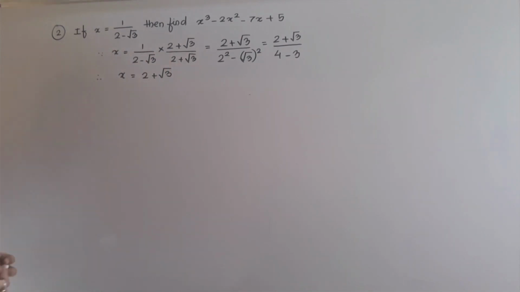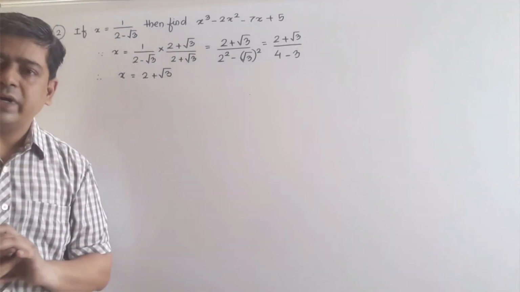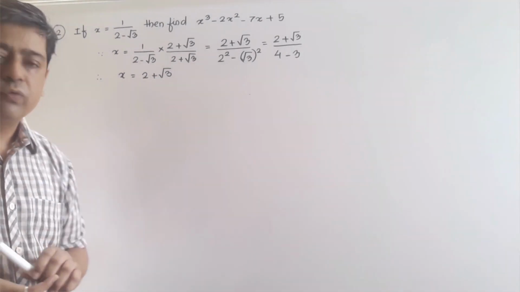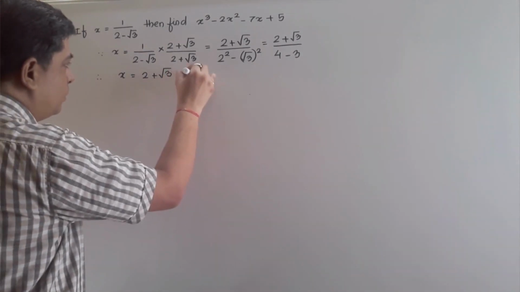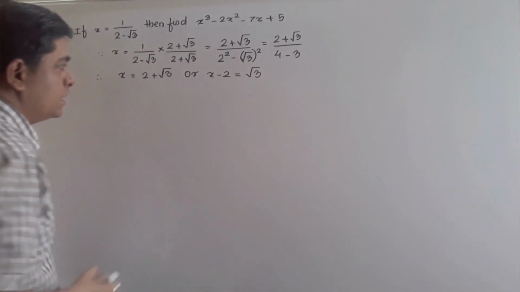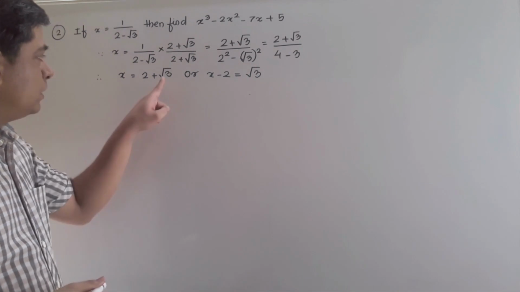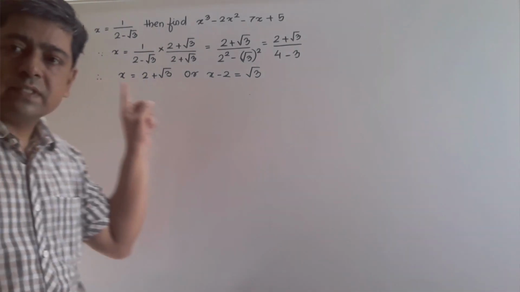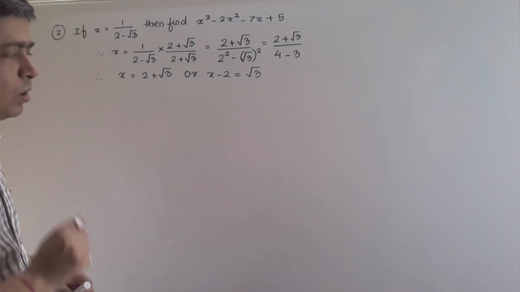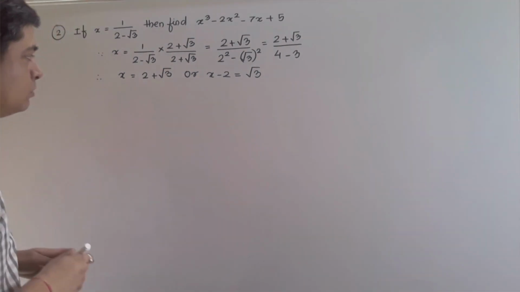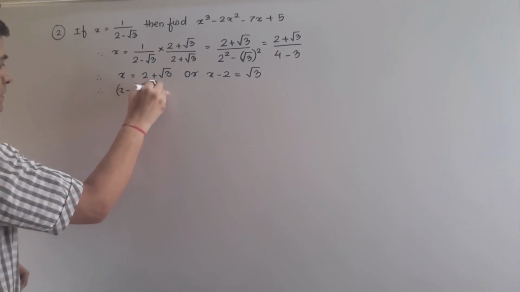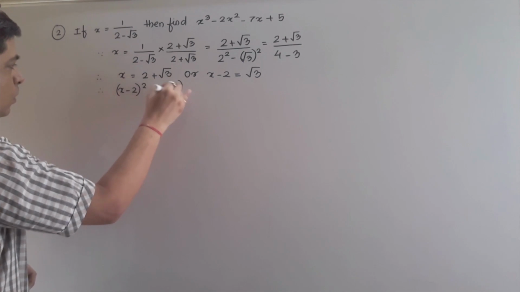Now from here, remember, after simplifying this, we shall always find out the value of the root term. Here root of 3 is given to me now, so I will find out the value of root of 3. What is the value of root of 3? That will be x minus 2 is equal to under root of 3. Remember the method says always find out the value of root of 3 and send all other terms to the other side of the equation. Now you have to perform squaring on both sides. So therefore (x minus 2) whole power 2 is equal to (under root of 3) whole power 2.